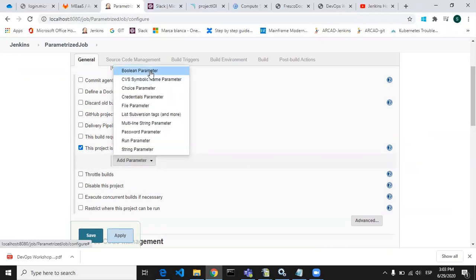So there are multiple parameters that you can give to your projects, such as Boolean, choice parameter, credentials, file parameter, string parameter.